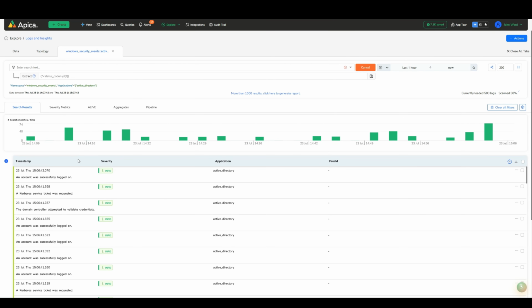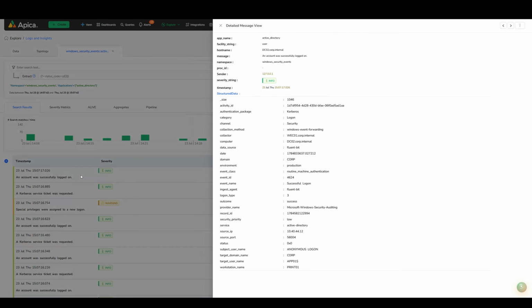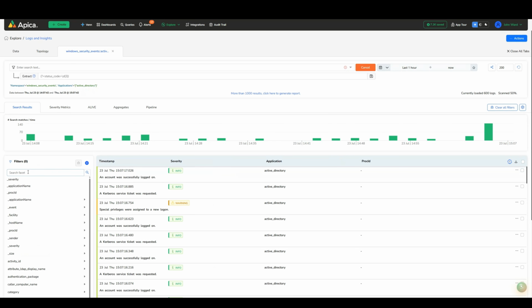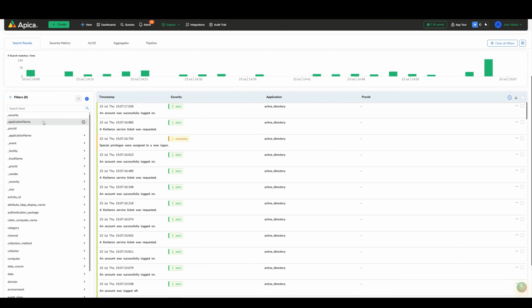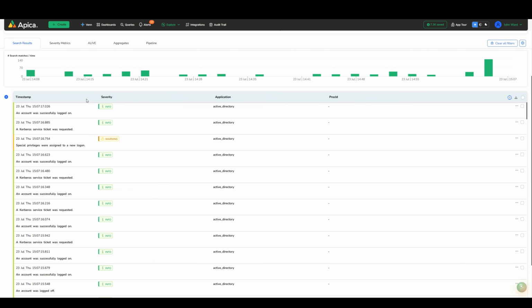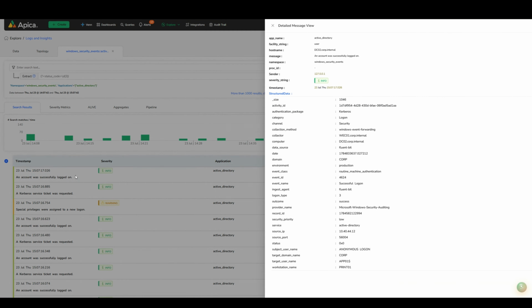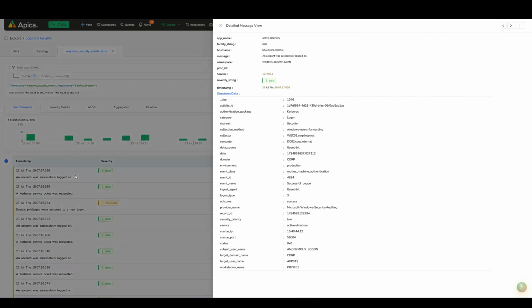From the log viewer, we can inspect the complete event, including the log message and its associated fields. We can also apply a query to narrow the results and examine specific categories of Windows security activity. However, Windows security events can be extremely verbose. Many environments generate a large number of repetitive or low-value events that do not need to be stored in a